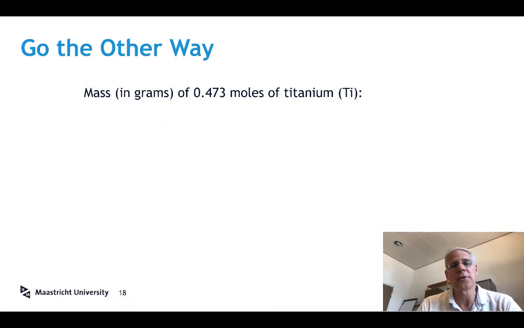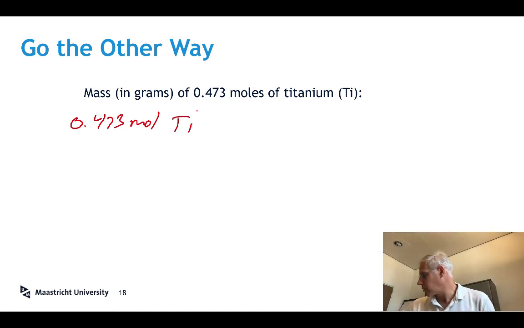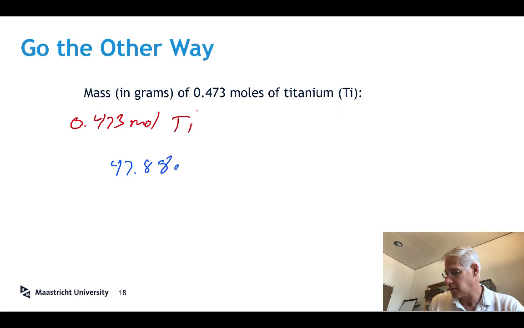What if we go the other direction? What if we want to find grams, but we're given the number of moles? Well, we can do the same type of calculation. We have 0.473 moles of titanium. Let me look up my titanium here. We have 47.88 grams per 1 mole,